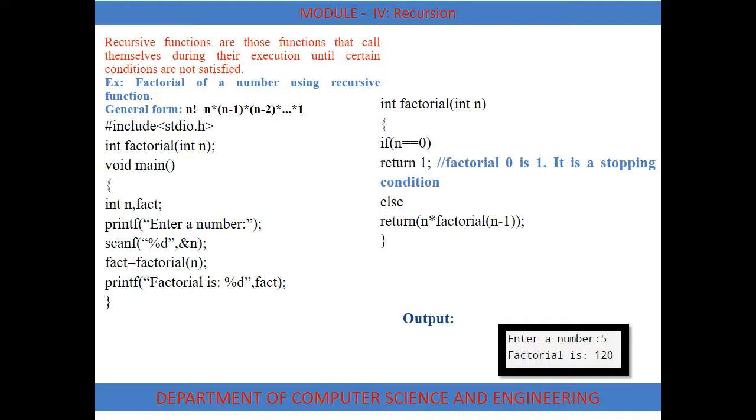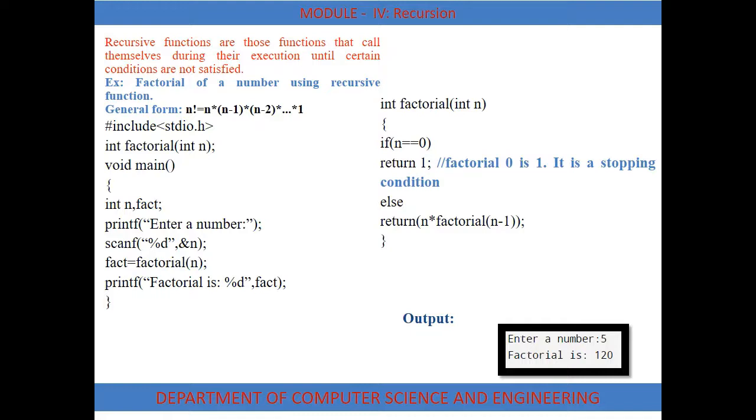So we are calling the function again. Check the condition: if n equal to 0, n is 3 here. Is 3 equal to 0? No. So jump to the else part. Now factorial of 3 is replaced by 3 into factorial of 3 minus 1, that is 3 into factorial of 2. The entire statement is written as return 5 into return 4 into return 3 into factorial of 2.